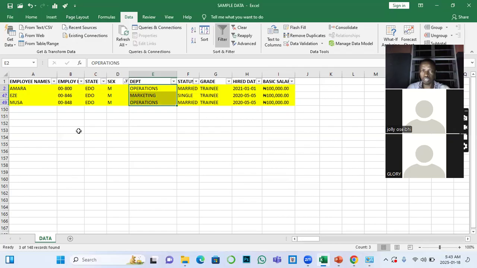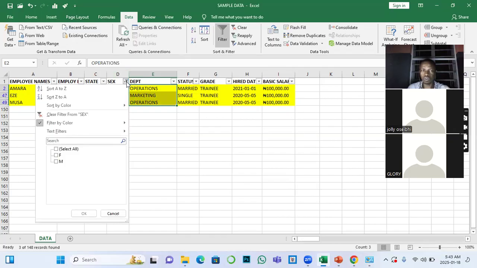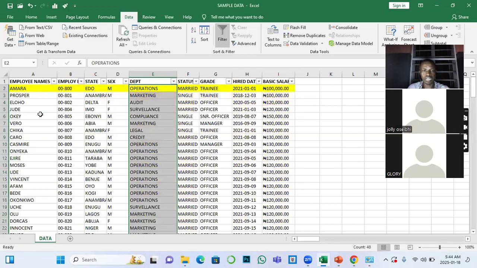So you can return everything and program another one for aggregates or for comparison analysis. I can clear here and bring back everything. So let's assume that I want to also format with another criteria based on the question I'm answering or the task I'm given. Supposing the company also wants to know